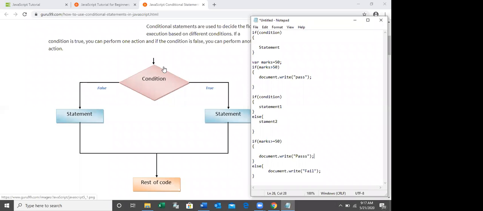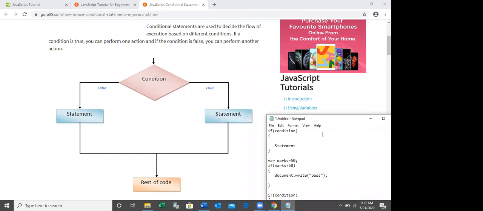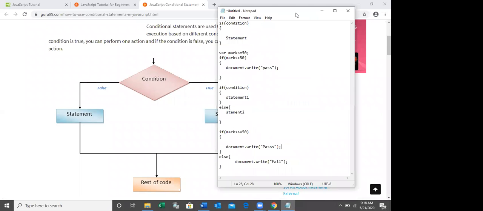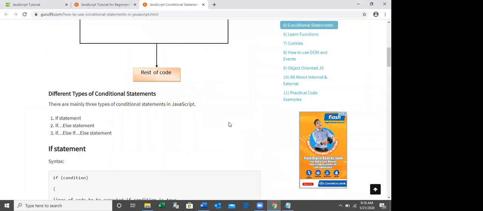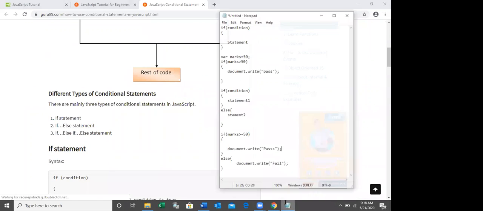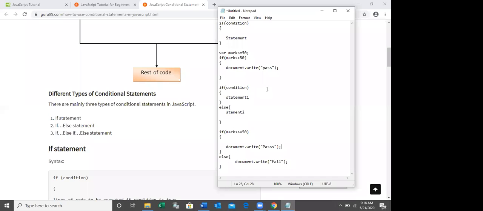After the statement is executed, the rest of the program will be executed. So this is the if statement and the if else statement.